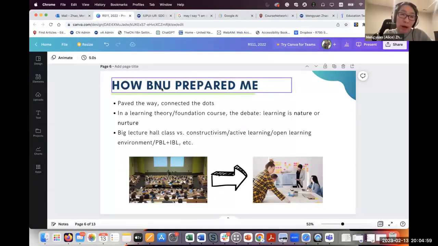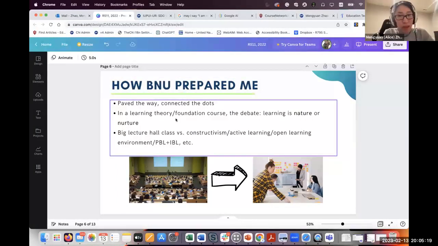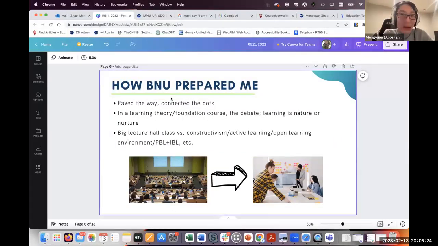So, 3 quick points here. I really think it paved the way for my after-college jobs, and that prepared me for my study at IST, my master's program. Right, and that prepared me for my job. So I connect the dots, and it's one of the dots. And if you ask me what I learned back then as a bachelor student from the linguistics and language and literature program,